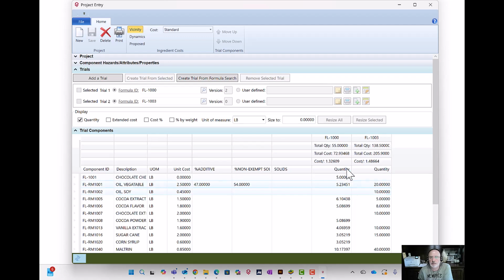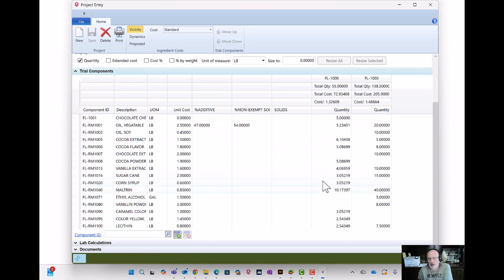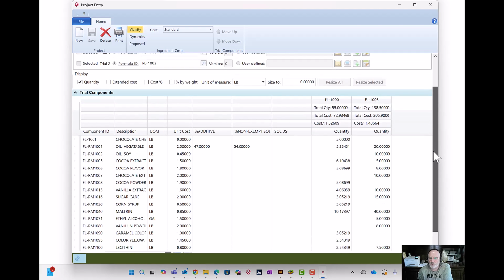So you're going to see some scenarios, this is for the first line, first formula, this is for the second one. You're going to see some scenarios where an item is in one formula but not the other. You're going to see scenarios where they're in both, etc. This has been around for a while. If you're not using it and you create new formulations, you might want to take a look at it. The new feature is in